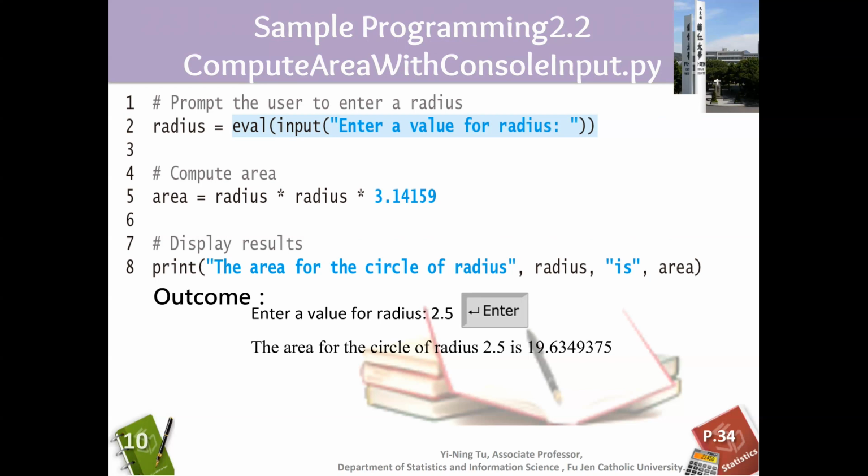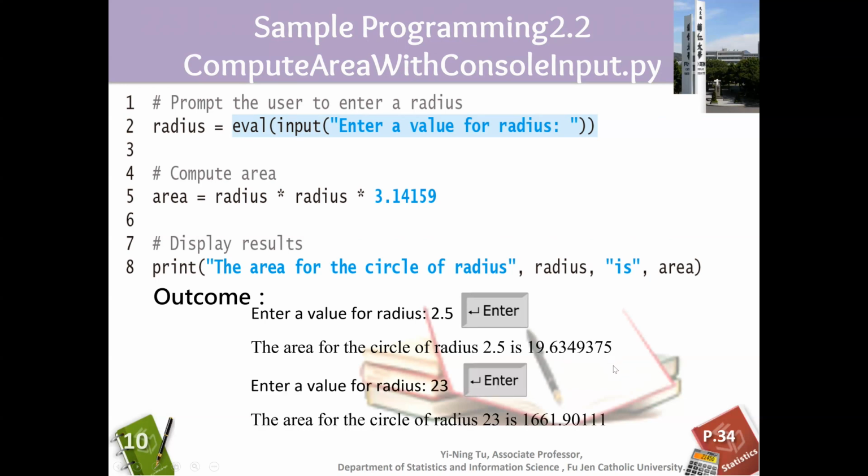So of course we can type a different value because it's no longer fixed. For example, if we enter a value for radius of 2.5, then finally we'll get the result 19.6349375. Oh, it's difficult for me to read out so many numbers. So next time I will show you without reading the numbers aloud. Okay, so you know the result and you can try whether your answer is correct or not. And this time we will not use int, we just use the floating number, and check whether your answer is the same. Okay,